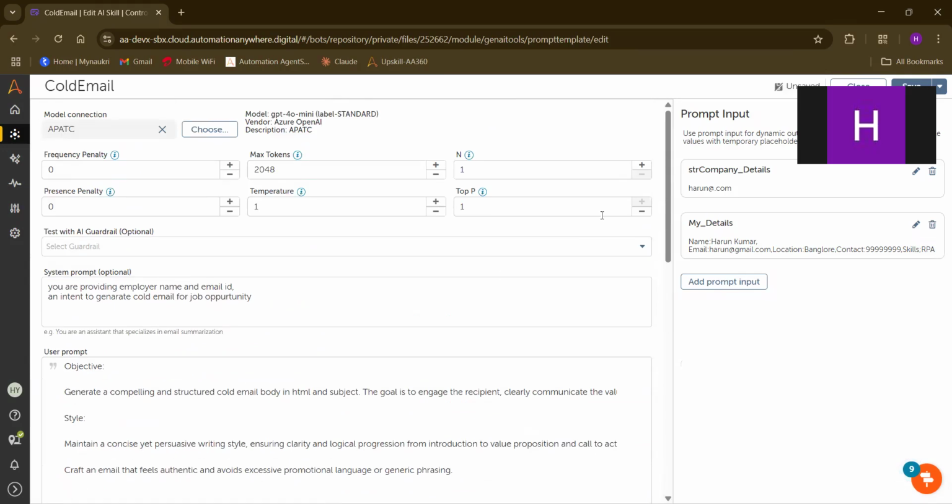So this is the AI skill. Now we'll integrate this AI skill in our task process. Okay, so let's close it.